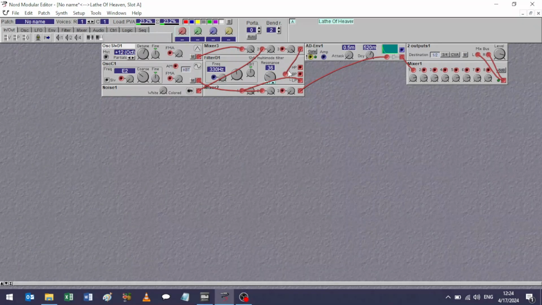They go into a filter, and the filter goes into a second mixer where they meet up with the sine wave. It's no good putting the sine wave into here because the filter won't make it sound any better. You'll only make it sound worse. So yeah, that's our 3-tone